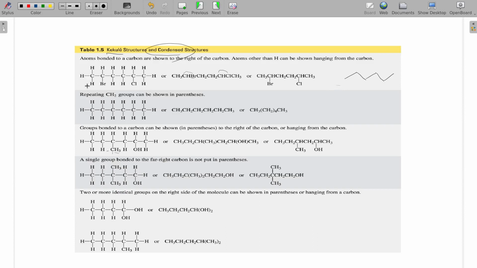Now to make this fully this one, on the second position, I need to actually draw the bromine. And on that third, fourth, fifth position, I need to draw that chlorine. And this is also a Kekulé structure. It's just a lot more simplified. And if you think about it, at least drawing-wise, wouldn't that be a lot quicker to draw than this or even this? Yep. They all represent the same exact molecule. But Kekulé structures are a lot more common. Think of them as Lewis structures where the lone pairs are not necessarily drawn.